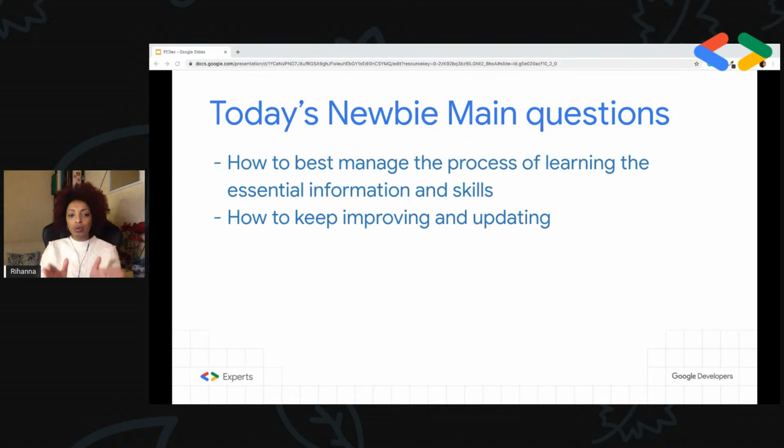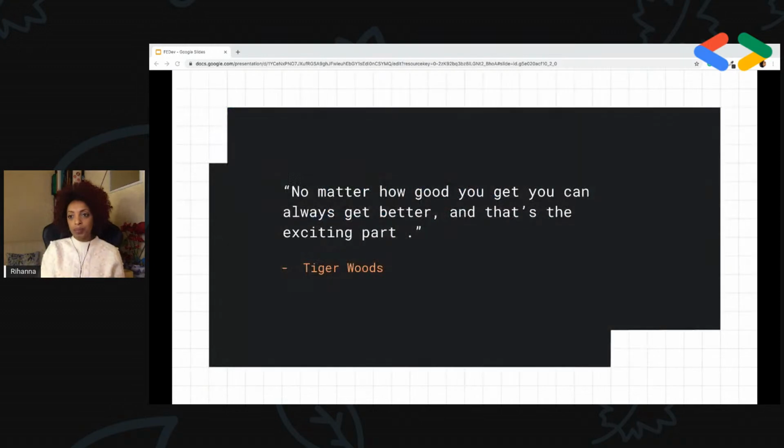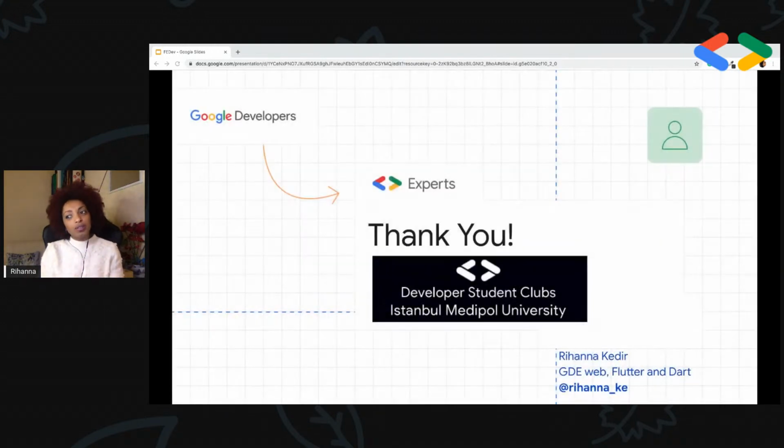And the other thing is how to keep improving and updating, because one of the challenges of front end is that things change really often. Frameworks change quite often. How things are made changes quite often. And not only that, you have too many ways to do the same thing. So improving means choosing fast. And updating means changing from one framework to another, from one library to another, with no downtime, or just as quickly as possible. So that is it for me.